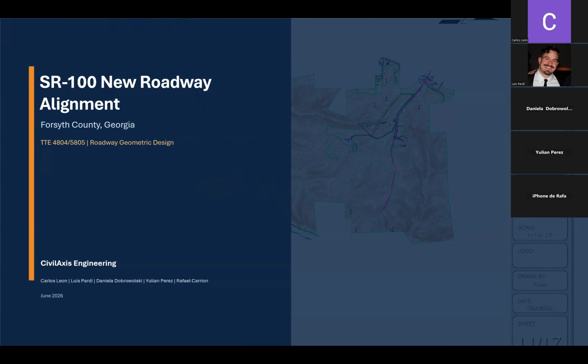Okay, so good morning, Professor Oluri. We are CivilAxis Engineering. My name is Carlos Leon, and I'm presenting today with Luis, Daniela, Julian, and Rafael. Our project is the preliminary geometric design of a new roadway alignment in Forsyth County, Georgia. The proposed roadway, which we identify as SR140 project, connects SR20 at the southern end of the project area to an existing dirt road at the northern